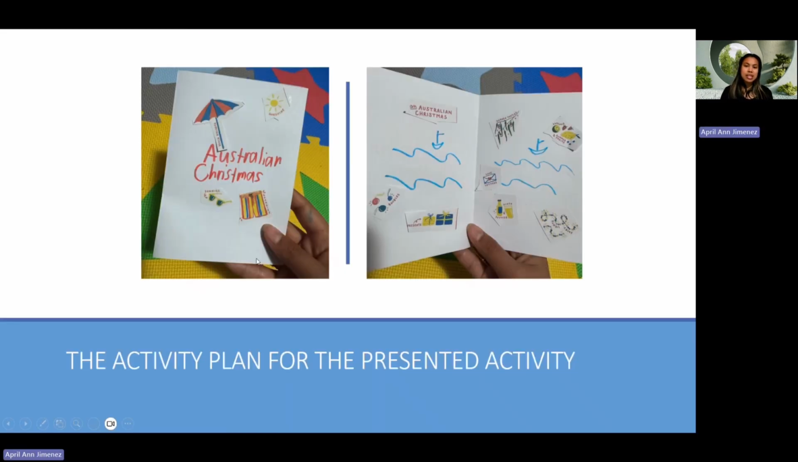And this is the sample I made, like the sample output or the expected